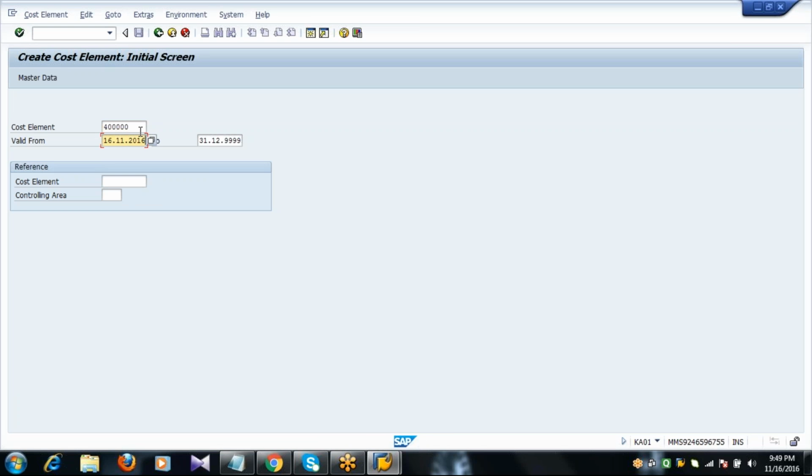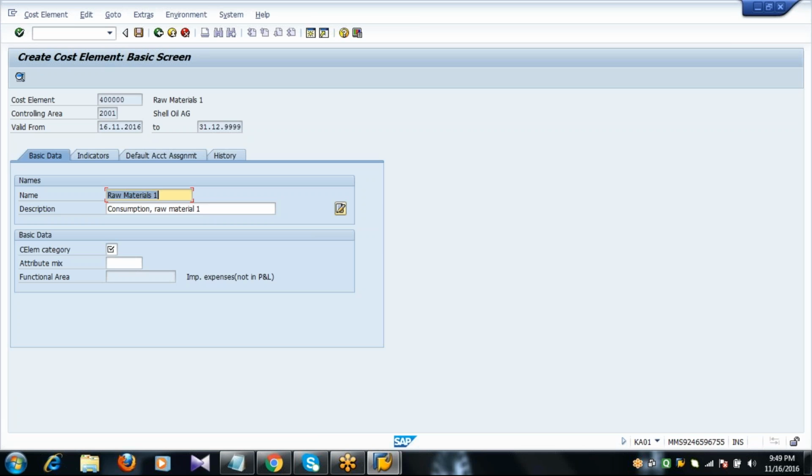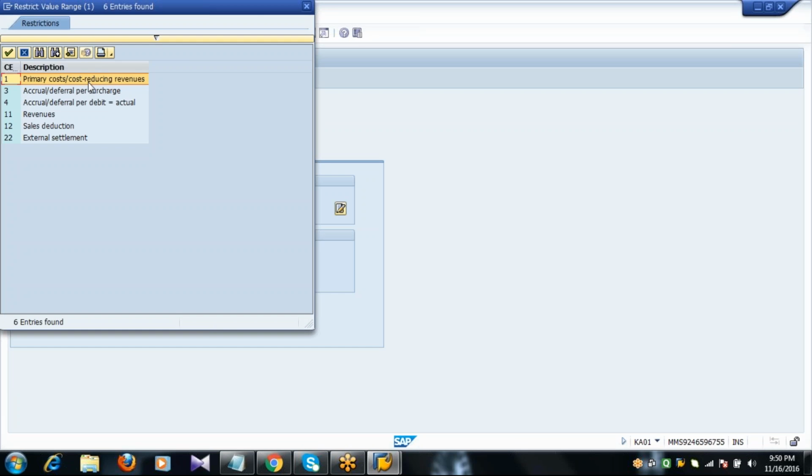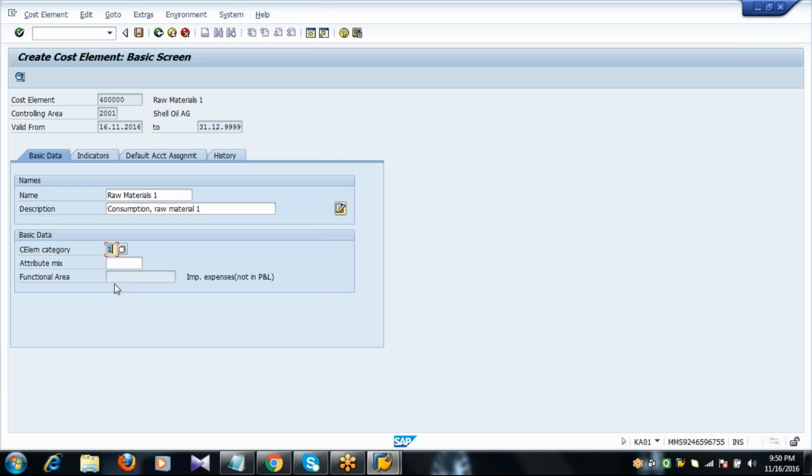Enter the valid from, press enter. In the basic data tab, cost element category is primary cost, so keep it as 1.